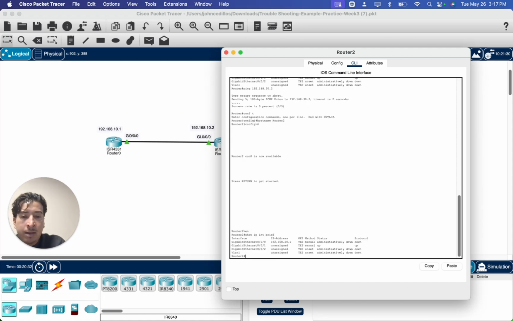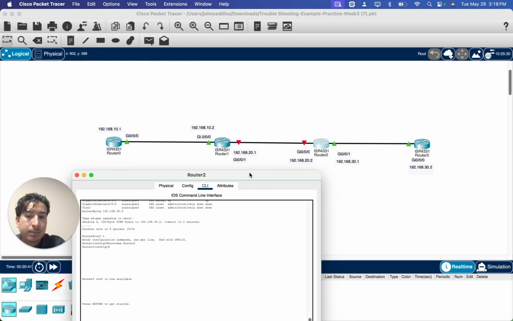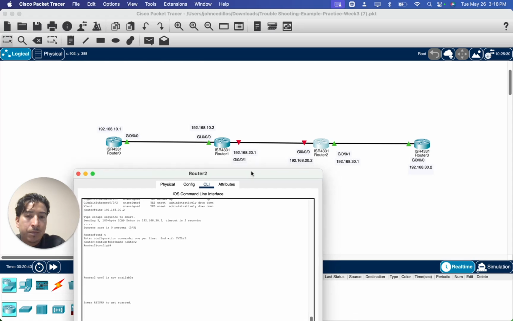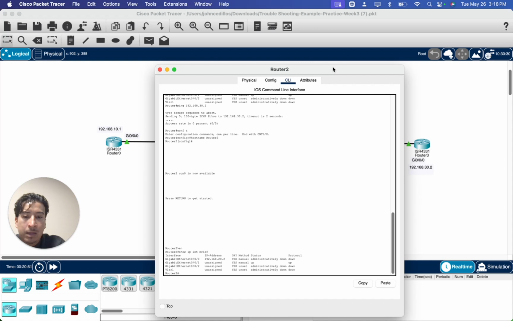Okay, so we see that gigabit 0-0-0 is assigned to 192.168.20.2. Okay. So might have a couple issues here, and what I suspect is that the protocol is down. First, well, it is administratively down. So let's see if we bring it up. So